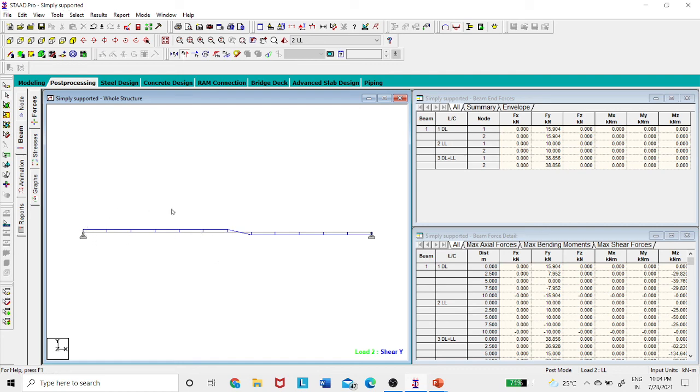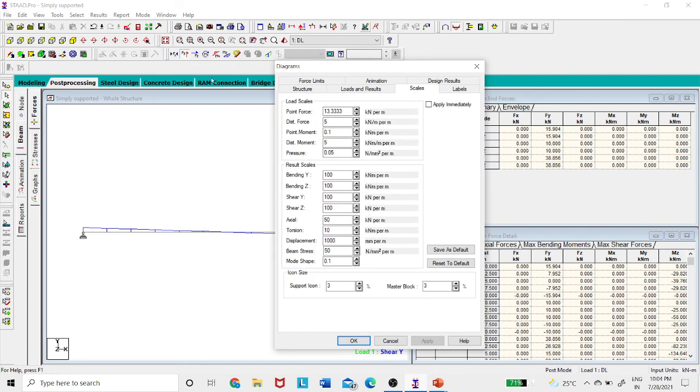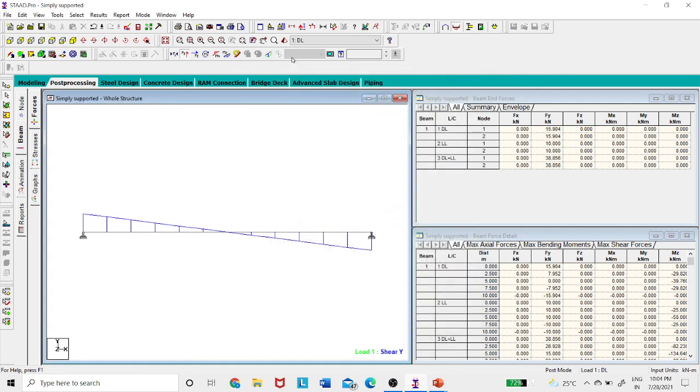If you want to increase the scale of this one, go to the scales here, and now I am checking the shear force. In the shear Y you decrease this value so that it will be increased. Okay, so this is the bending moment, dead load, live load, and the combination.